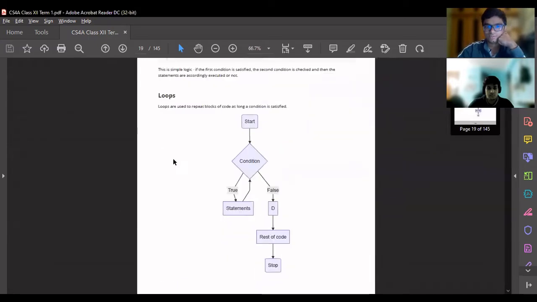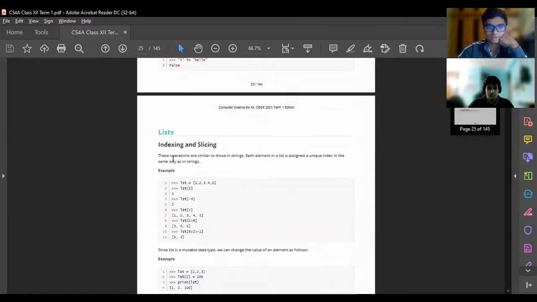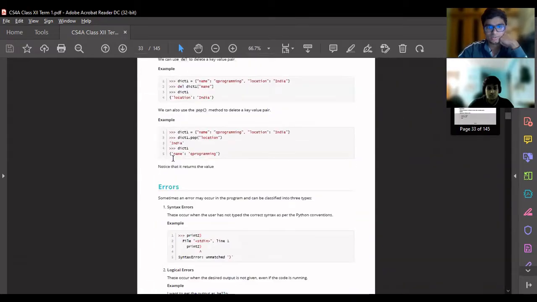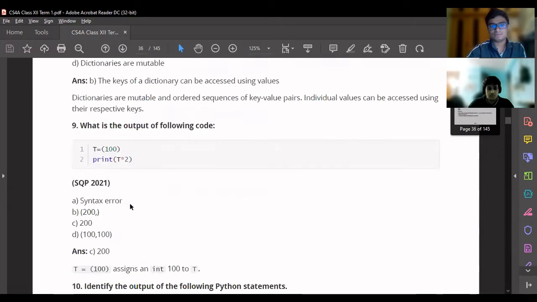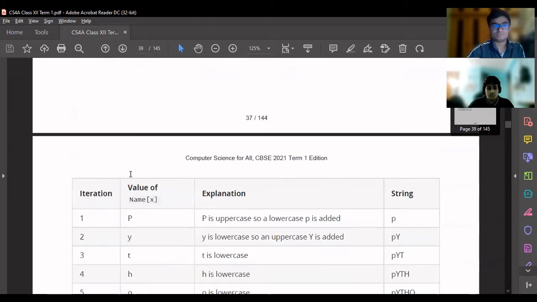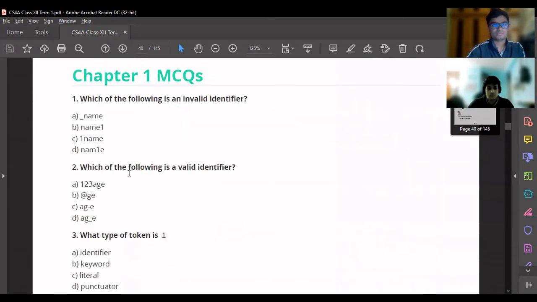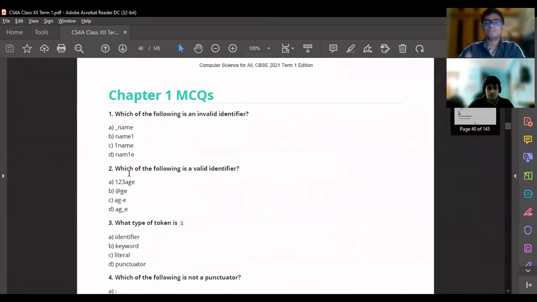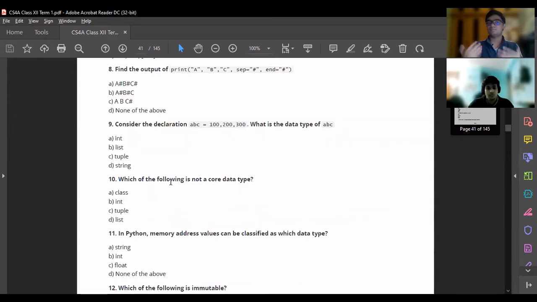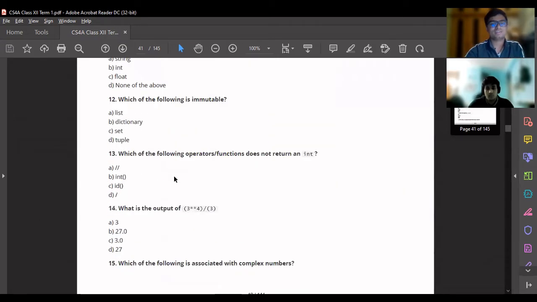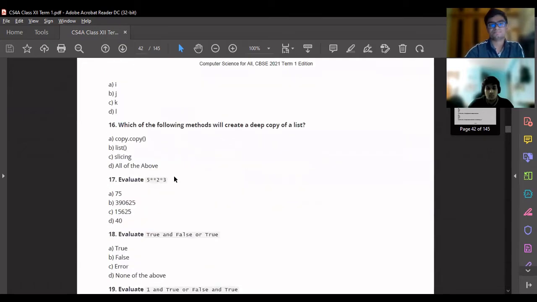And not only have we done the theory, we've also created a question bank for each and every chapter. Like if I scroll down in chapter 1 itself, we have firstly the solved examples, which are mostly from the sample question paper of 2021. Other than that, we also have our own questions, which we have created, which are here, and they're all MCQ questions. We have a few types of MCQs. Some are standalone questions, some are evaluation type questions, some are case study questions, and we've included all the possible types you could find in the sample paper and more, so that you can practice in the best way possible and score the best in the exam.